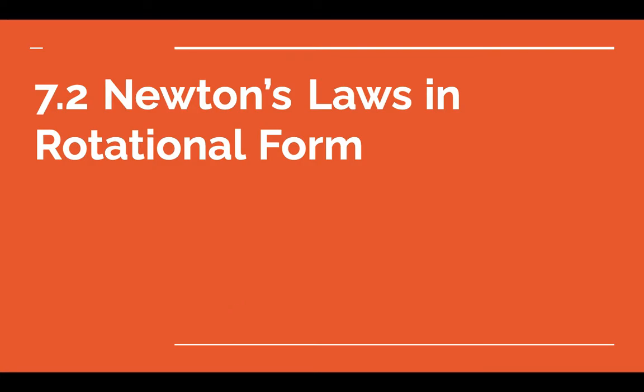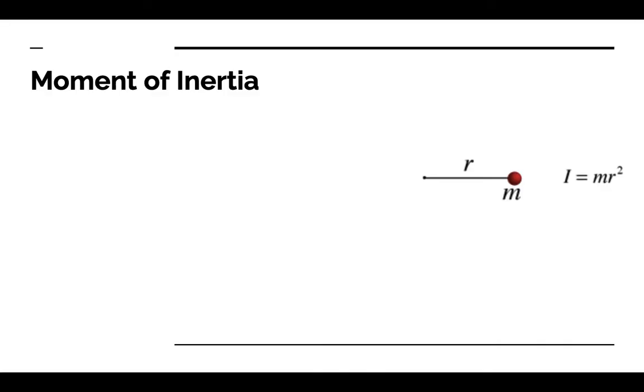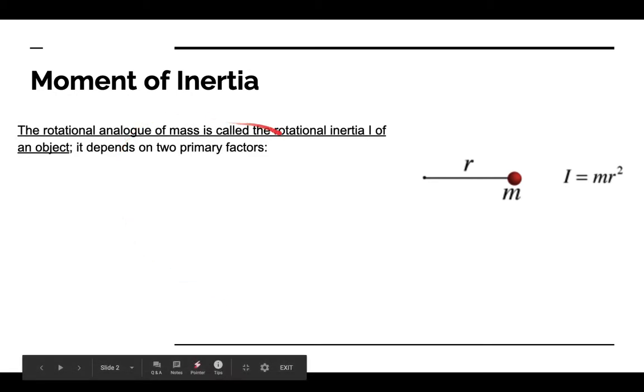Building off of 7.1, where we looked at kinematics of rotational form, we now segue into Newton's laws of rotational form, the topic of 7.2. So first thing we need to start off with is defining the rotational analog of mass, what we call the moment of inertia. So the rotational analog of mass is called the rotational inertia I of an object, or the